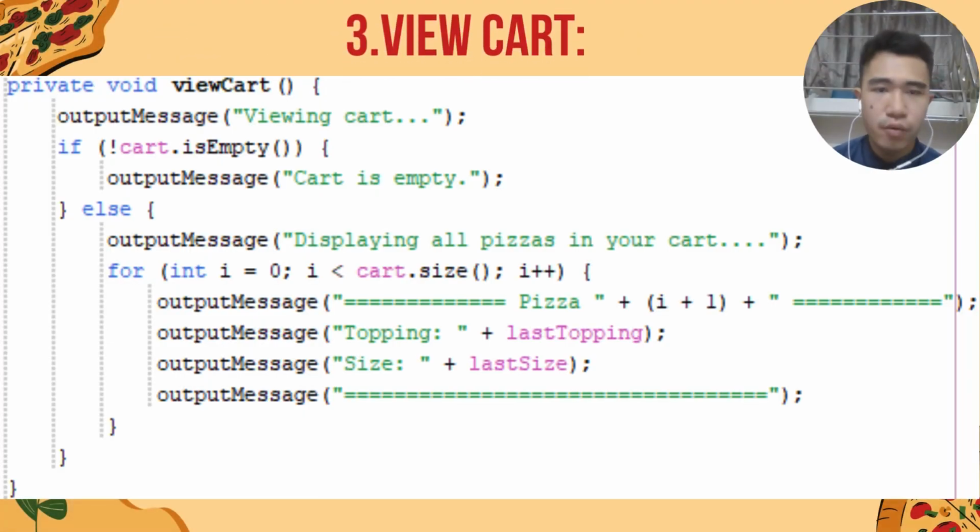For the third option, which is the view cart option, the customer and the shopper can check the pizza ordered by the customer inside the cart. Here we use the if else method: if the cart has no data, which is empty, the system will print out that the cart is empty. If the cart is not empty, which means the ordering of pizza has been done before, then the system will print out the number of pizza, which is pizza number 1 or pizza number 2, and their topping and also